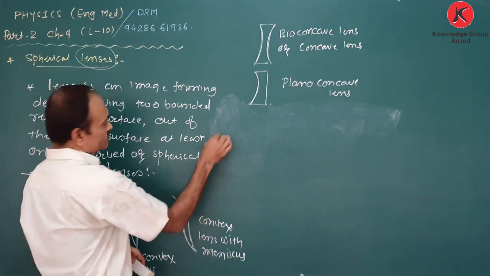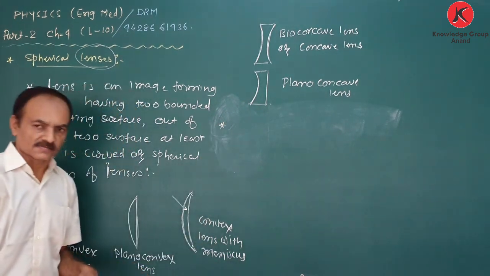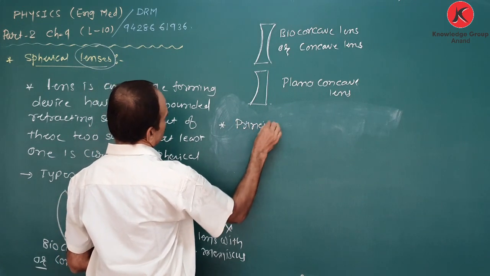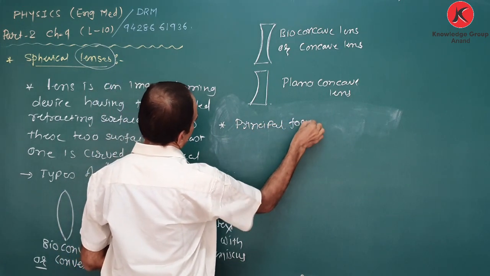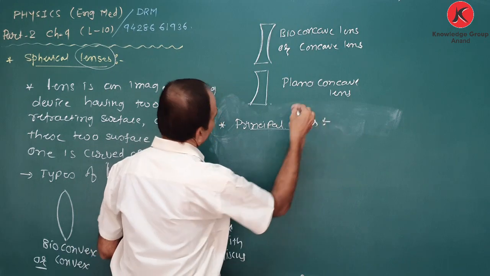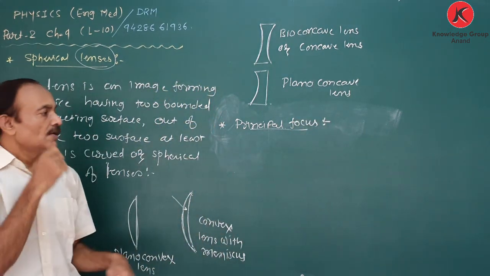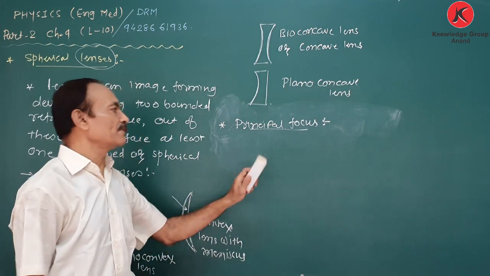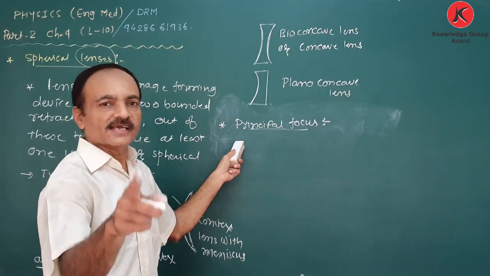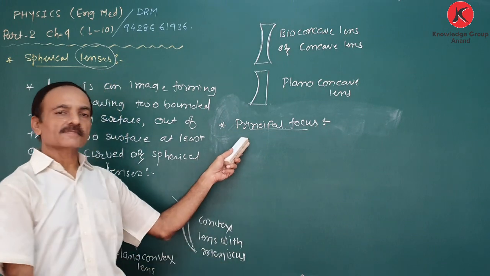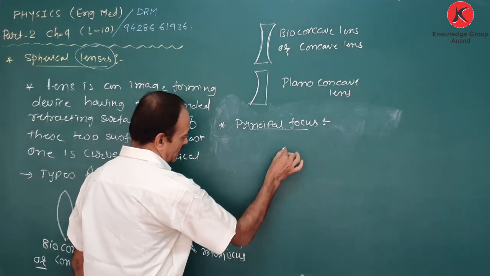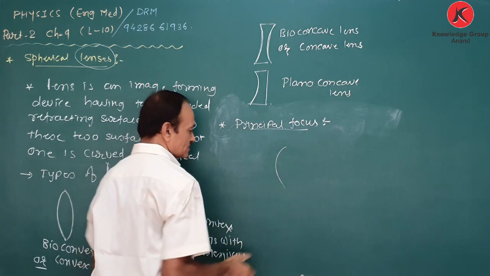Okay. Now there are some important terms. What is the principal focus of the lens? In the case of the mirror, we already know that the mirror has a single principal focus, therefore it has a single radius of curvature and also a single focal length. But now listen, in a convex lens,